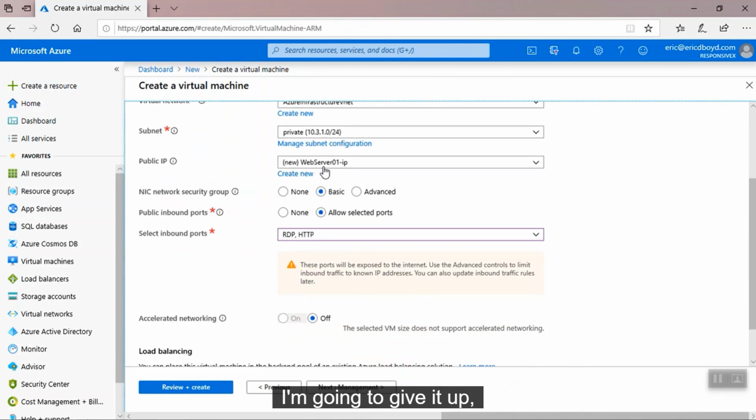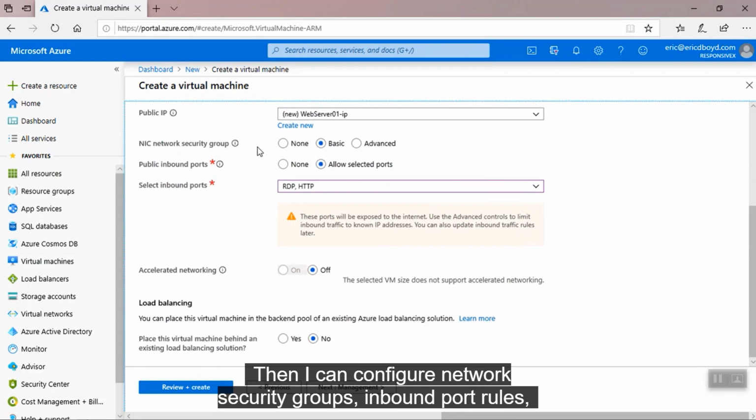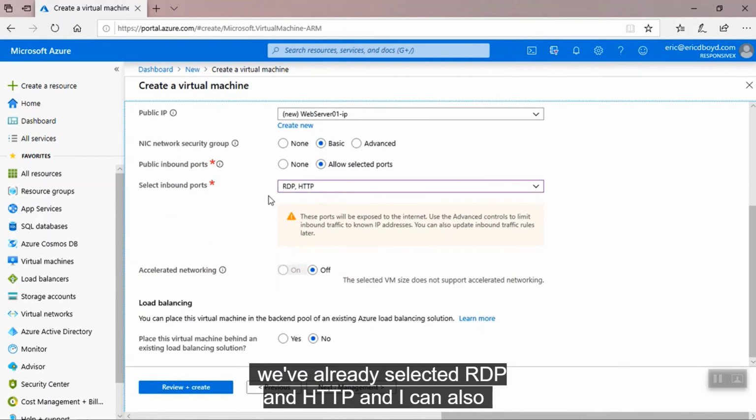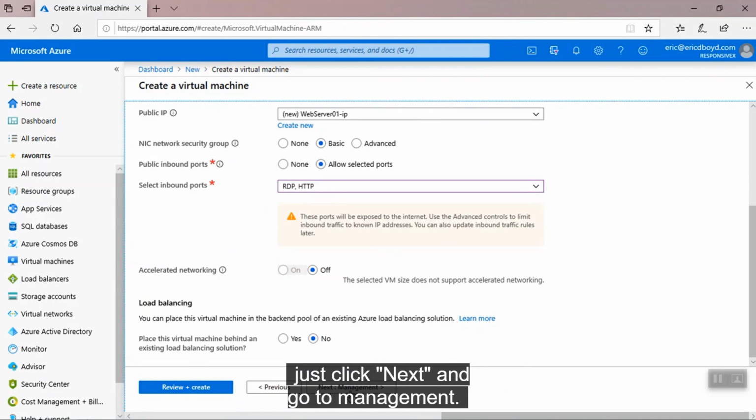Actually, I'm going to change that. I'm going to put it in the public subnet, and I'm going to give it a public IP address. And then I can configure network security groups, inbound port rules. We've already selected RDP and HTTP. And I could also configure a load balancer here, but I'm going to go ahead and just click Next and